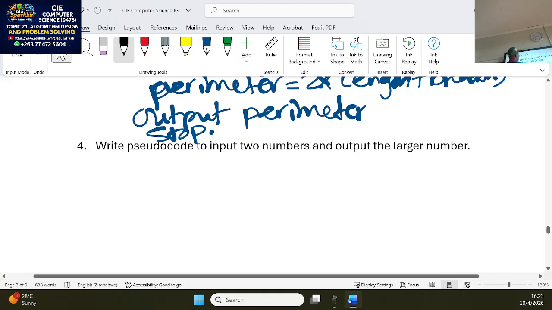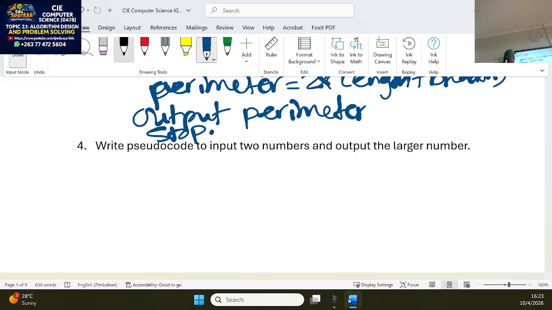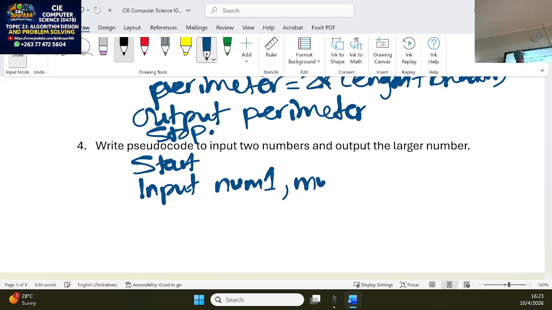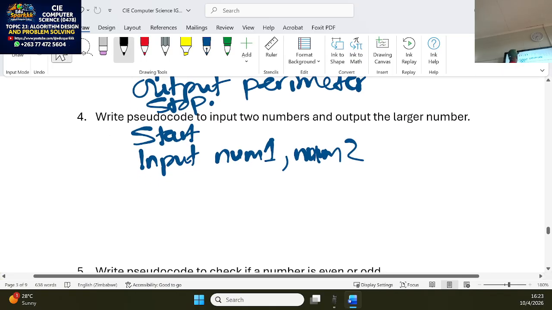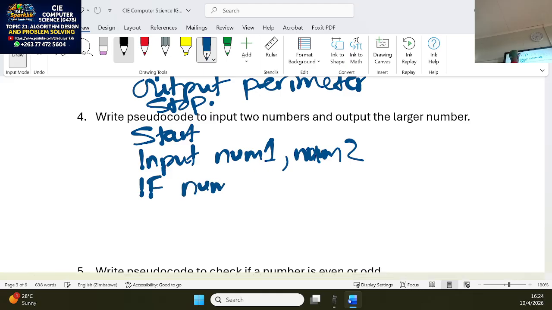Write pseudocode to input two numbers and output the larger. So we can again start. Then we input variables num1 for the first number and num2 for the second number. Then we are now doing a comparison to say if num1 is bigger than num2, then output num1,